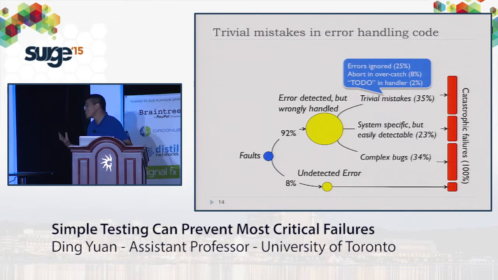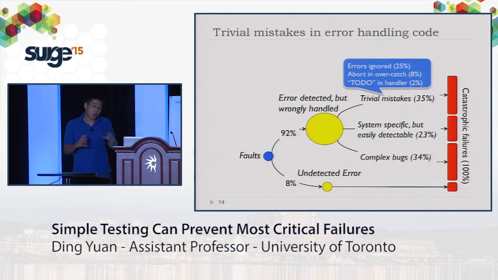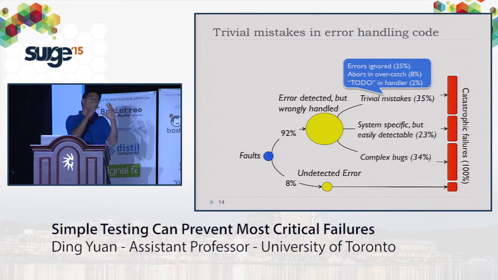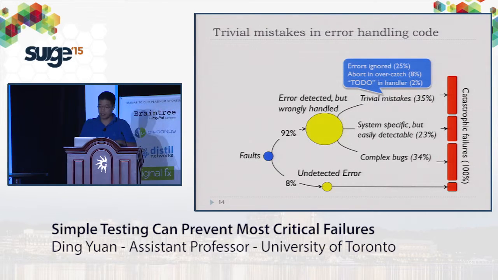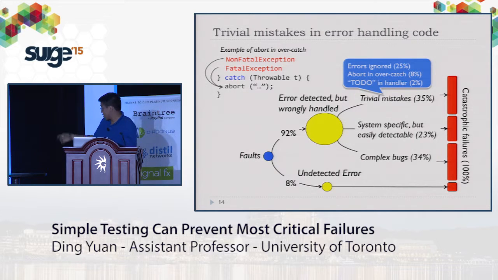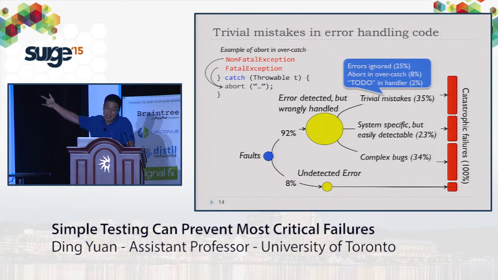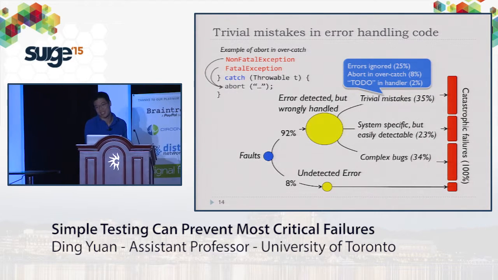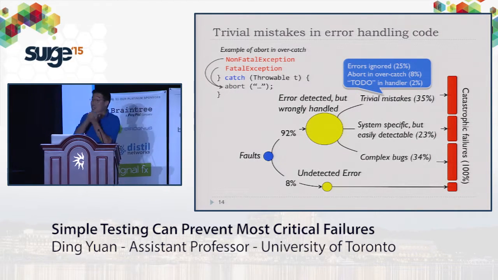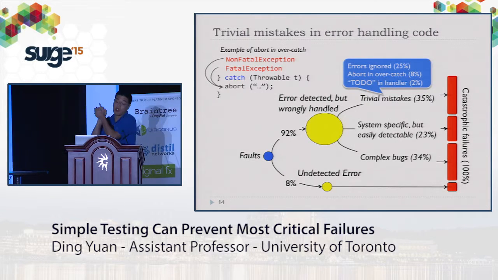Okay? So in these cases, the error handling code will abort the system. But this error handling code is an overcatch, where more than one exception will fall through that error handling code. For example, you have a catch block that is an overcatch, where more than one exception can fall into this, and you abort the system. In all these cases, the abort is only the intended action for one of the exceptions. But it will accidentally take down your cluster for the other exceptions because it's an overcatch.